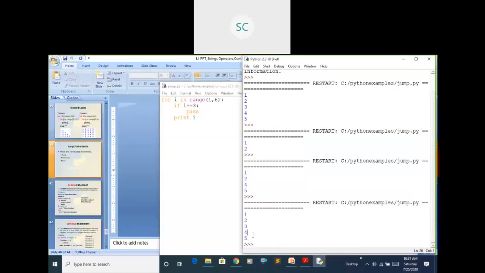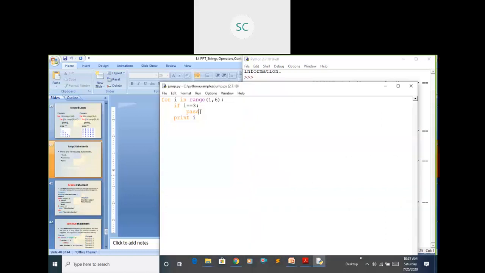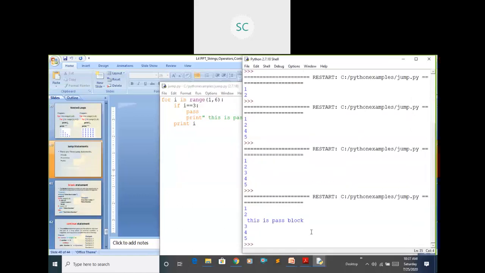See, it won't actually affect anything. This is just like an empty statement within that loop. But if you want to write code in the middle of that loop, you can go for this pass. Okay, for example, if I write some print statement here, and just execute this file, observe the output now. You are observing some difference, right?